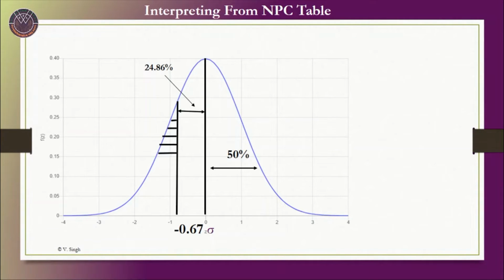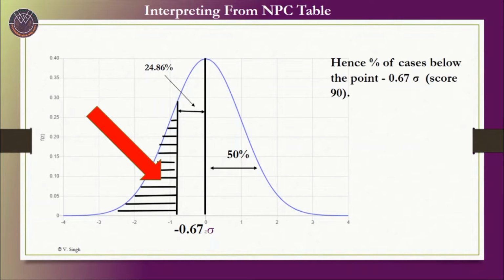So we need to find out percentage of cases in this particular shaded region, that is below minus 0.67 sigma. Hence percentage of cases below the point minus 0.67 sigma or score 90 is 50, that is remaining 50% in the left hand side, minus 24.86%, that is